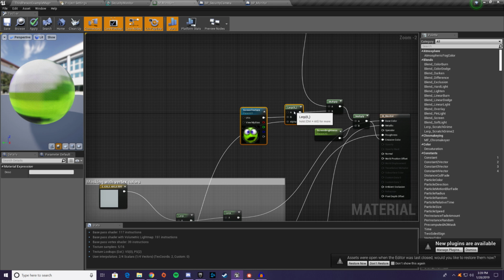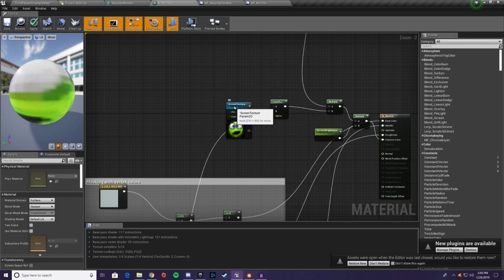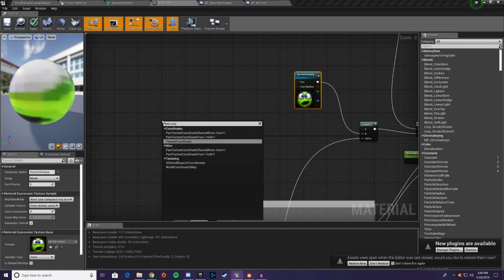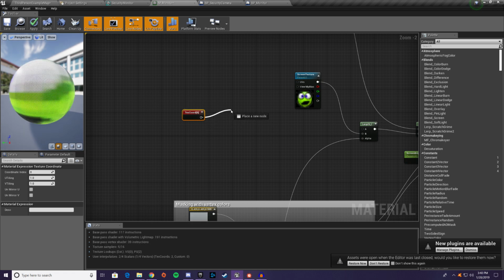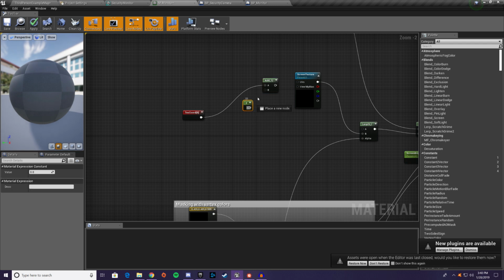The next thing we want to do is chromatic aberration. And if you're unfamiliar with chromatic aberration, essentially what that is, the different color aspects of a picture are offset. So for instance, the red and the green and the blue aren't perfectly aligned, so you get a little bit of a color ghosting effect. And it's super simple to make this work. So what we're going to do here is we're going to get a texture coordinate. We're going to leave that one by one. But what we're going to do is we're going to add to that. And we're going to add a scalar to that. And this will be a parameter as well. And we'll just call this